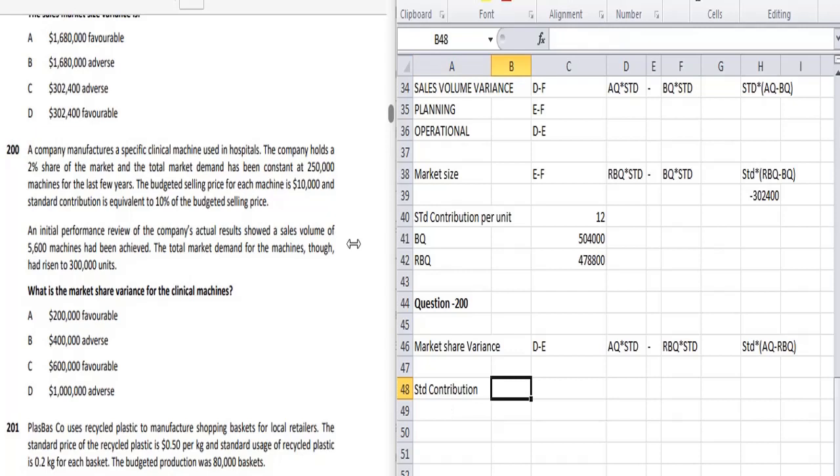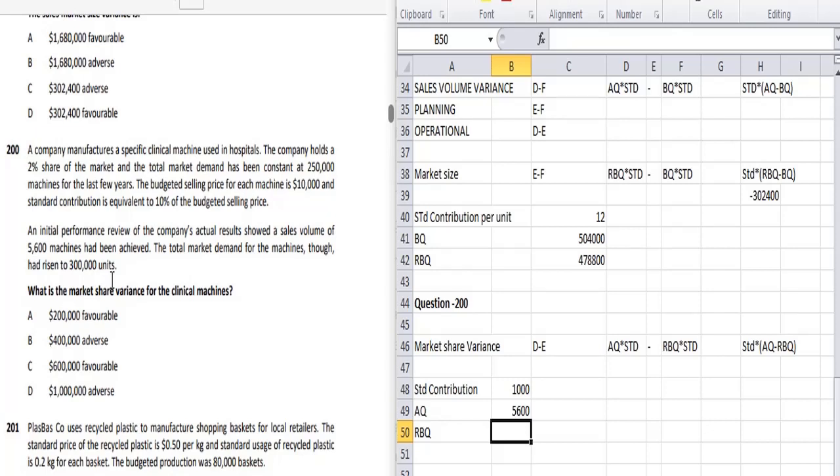and there is nothing mentioned about which system the company is following, whether it's marginal costing or absorption costing system. So we will simply take this contribution, and selling price is 10,000, so contribution is 1,000. Now we need AQ and revised budgeted quantity. Okay, so AQ. Now, the initial performance review of the company's actual results shows that sales volume is 5,600 machines. So AQ is 5,600,